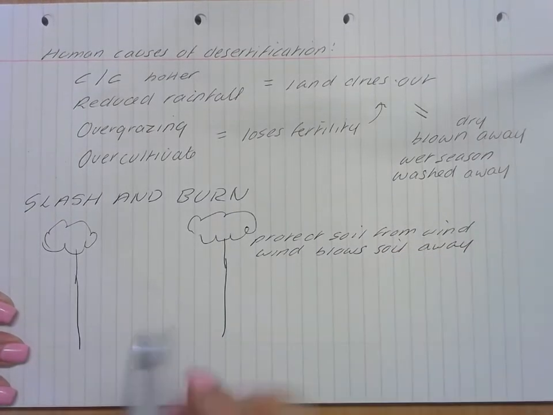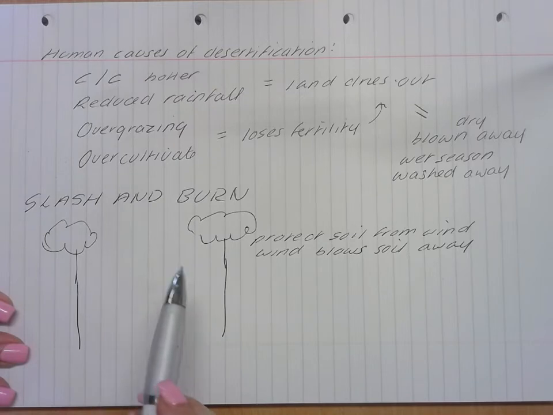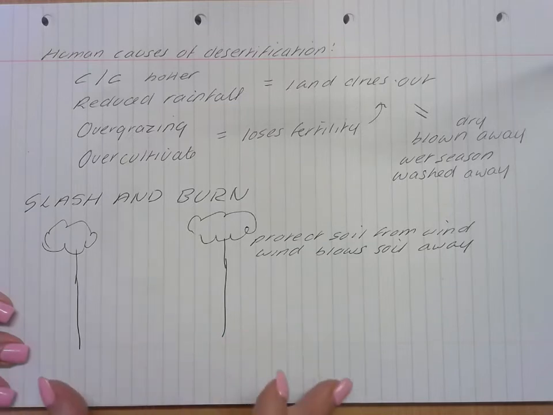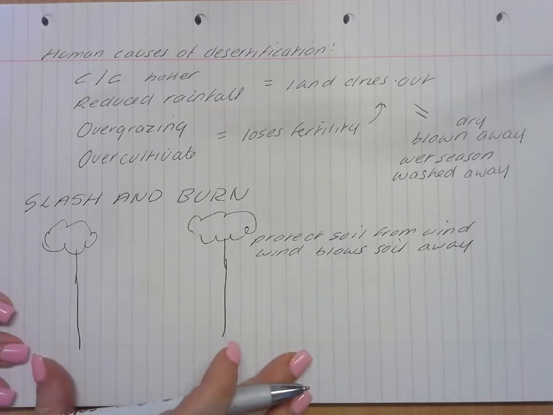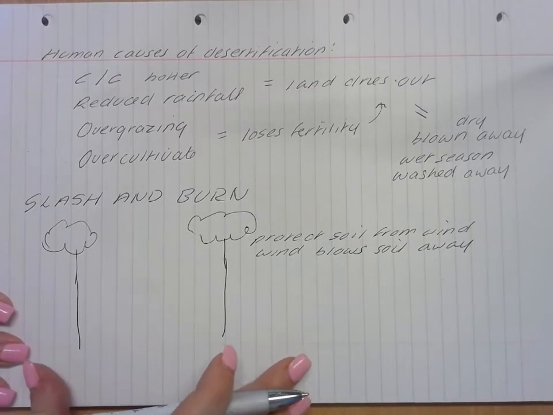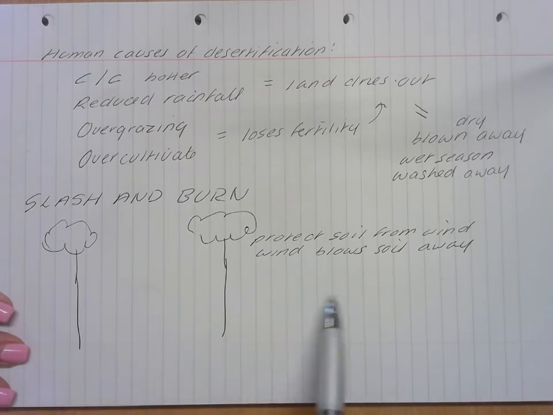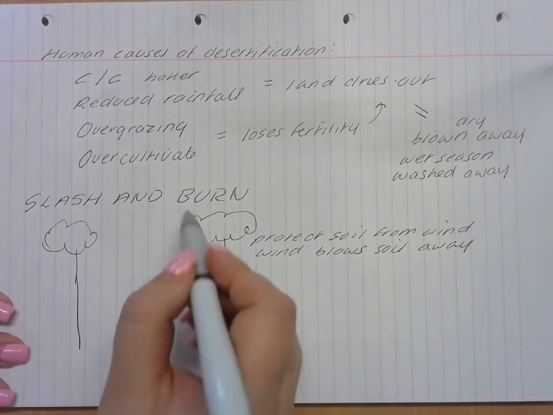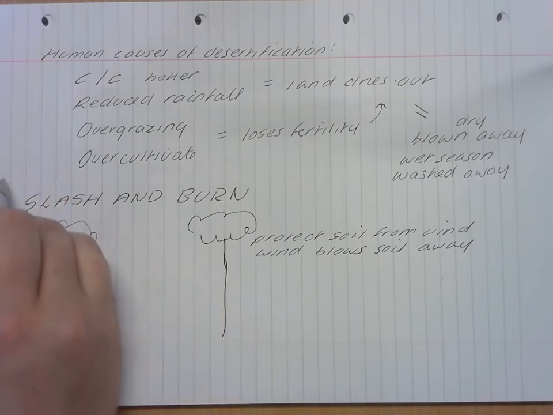And that happens after slash and burn. Slash and burn is where we literally cut the trees down to clear them and we burn them. Now, if that happens, like we said, there's nothing to protect the soil from wind erosion, so it is eroded away. Also, when it did rain in wet season,